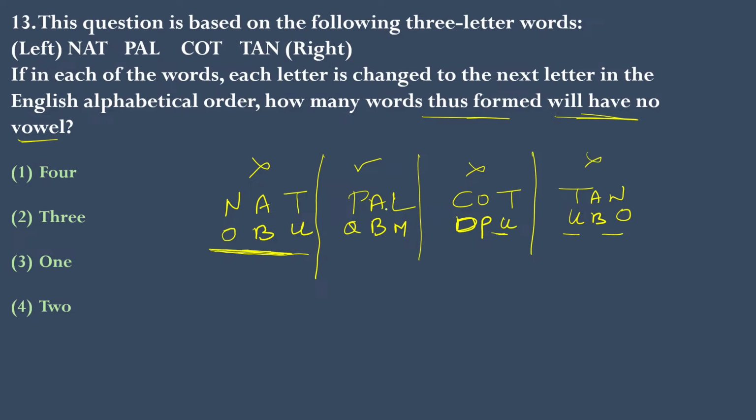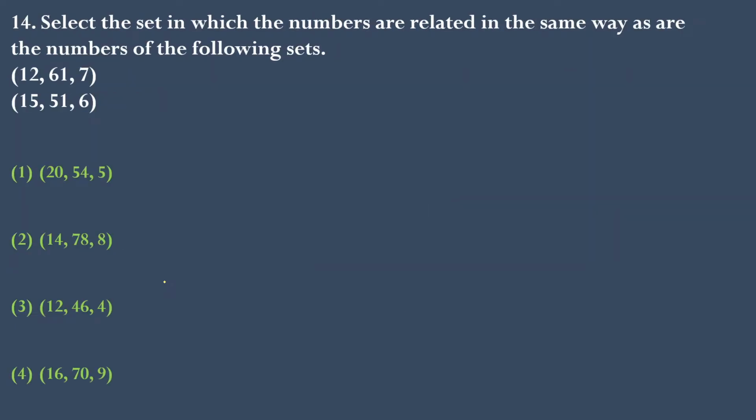So, what is the question? How many words thus formed will have no vowels? Only one word has no vowel: Q, B, M. So option 3 is correct. Next,